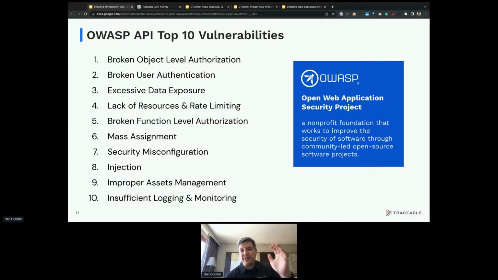Now, this list, the API top 10 list, has things like broken object level authorization, BOLA, which is the highest, most popular, most common attack, and many other things like excessive data exposure, mass assignment. But there are overlaps like injection with the web top 10. But even then, they're both on those lists because even injection in APIs looks and acts and needs to be solved differently than injection in web applications.